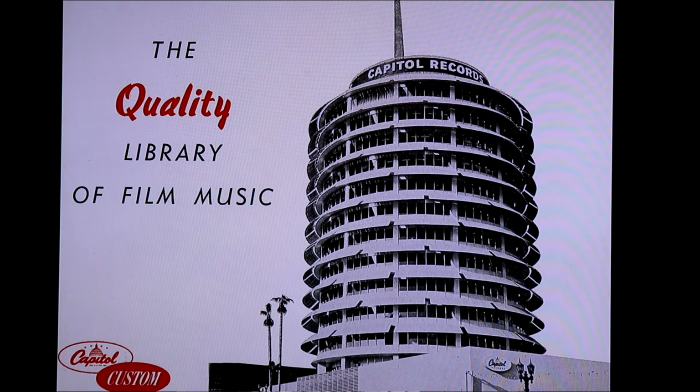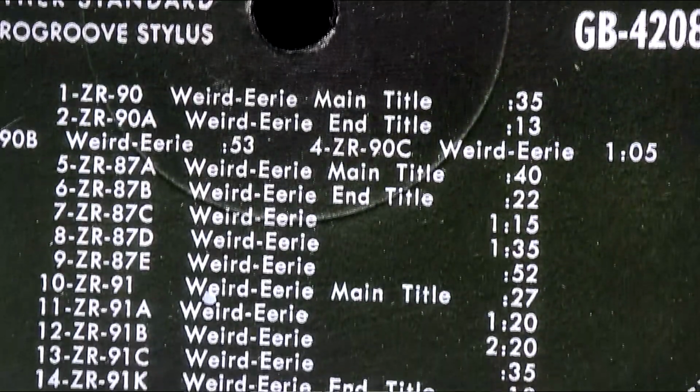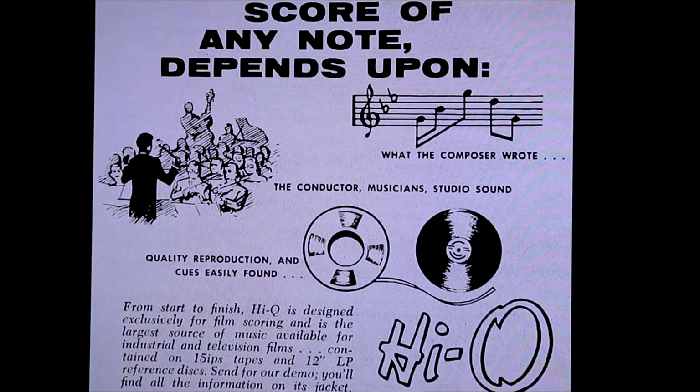There was a library where they could get the music from, and they had to use the music they had. For example, the music that George Romero used, they show the disc, or the list of what music it was, and it's all from science fiction films. If you watch all these bad science fiction films from the 50s, and you hear this whoo music, that's the same music he put in here, but he put it in to much better effect, and you're watching it, you don't even realize it's sort of spacey sounding music just because of how he